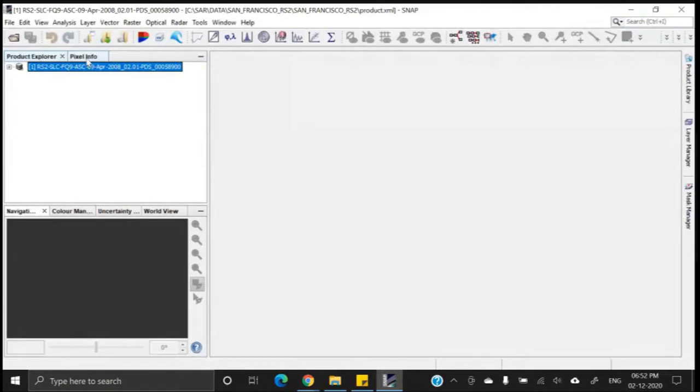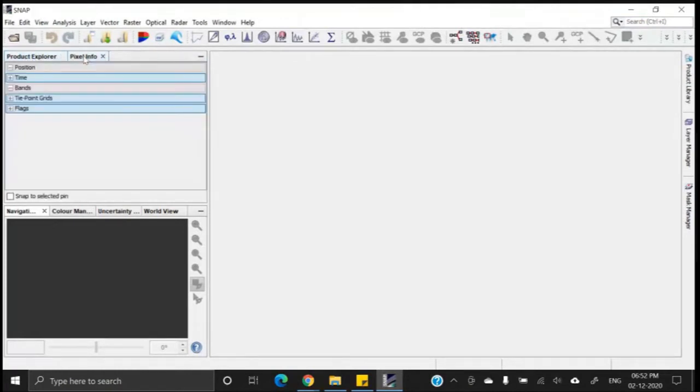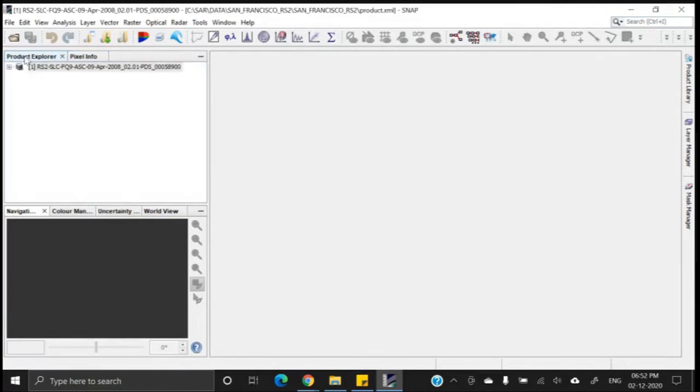See, here we have two tabs, Product Explorer and Pixel Info. First let me explain the Product Explorer tab. In the Product Explorer tab, you will have the data set name, and within a bracket you have the number 1. Let us try to understand the file name.